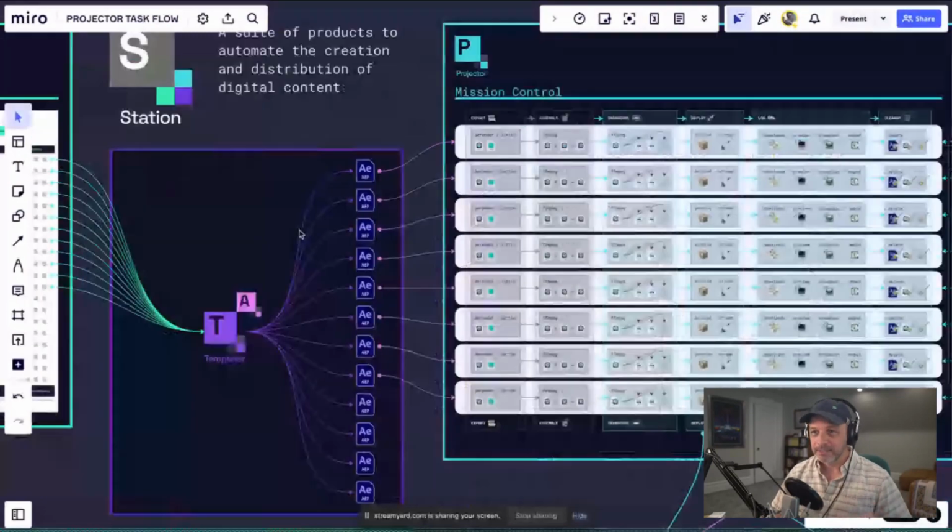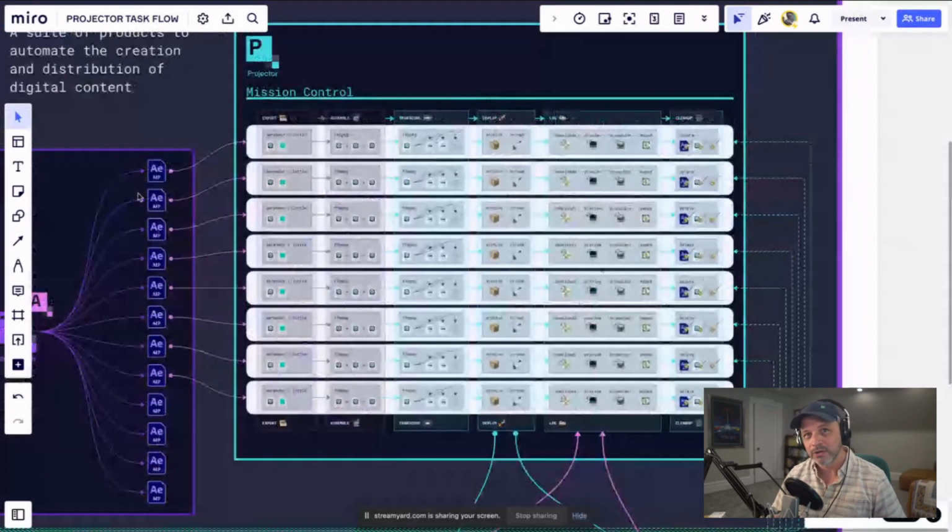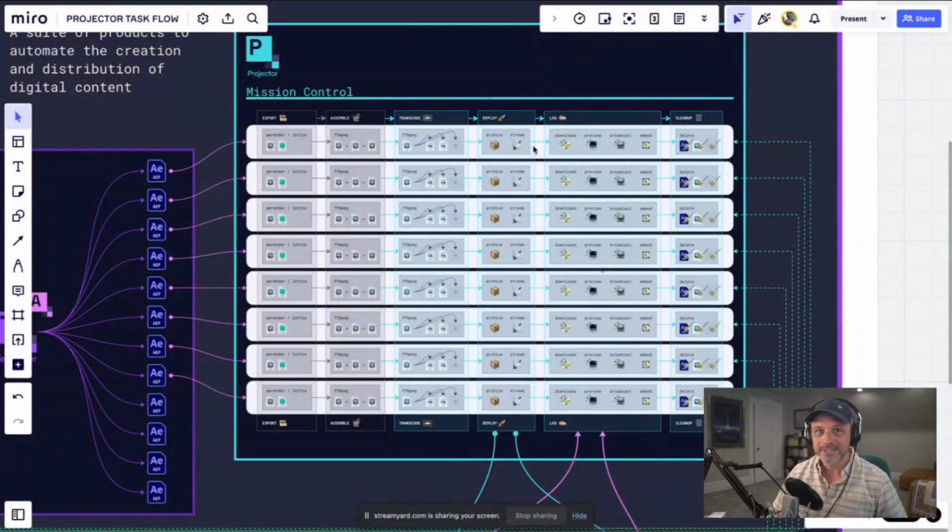Now, back to Projector. Once Projector notices that the job in QUE is in a certain state, that is, the render is finished or the replication is finished, it will then pick up the asset and process it through a number of steps. So in Projector, there's this notion of a mission control, and a Projector can do many missions in parallel.